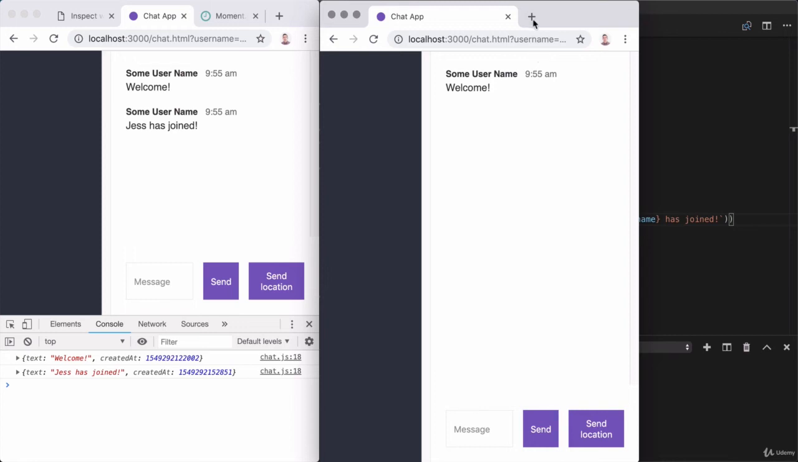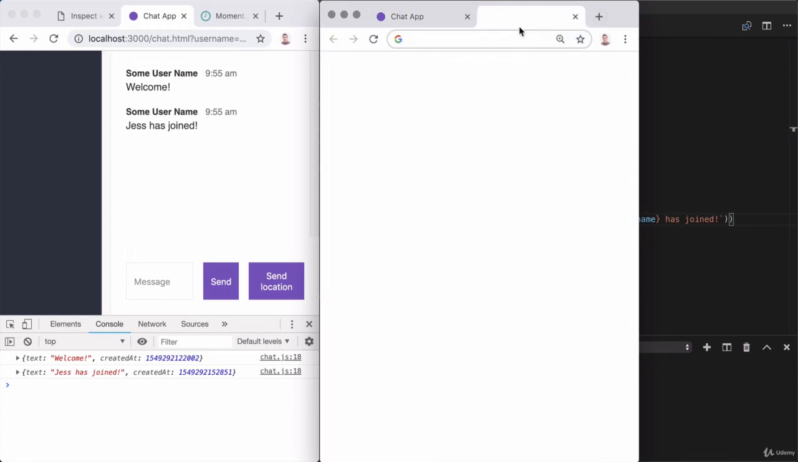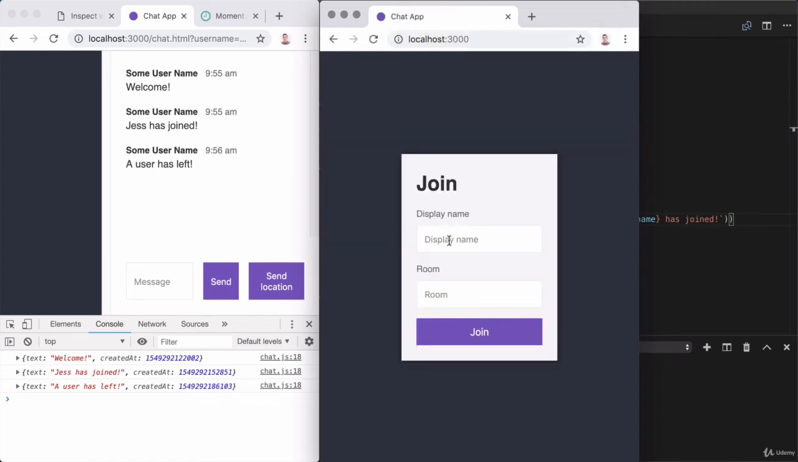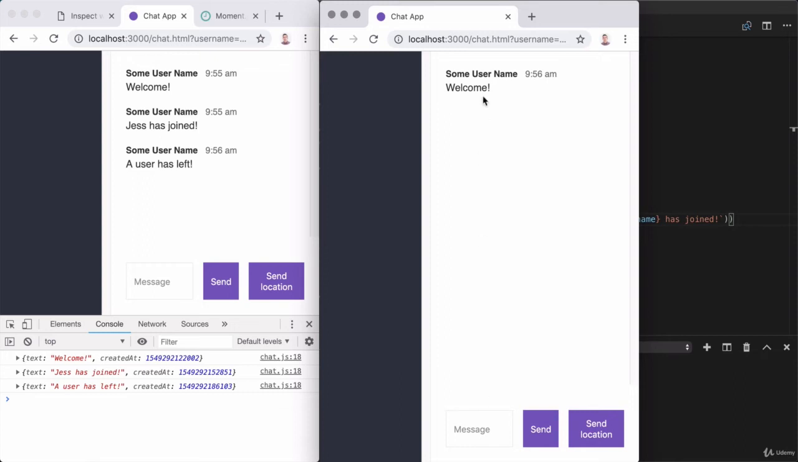So right here, what I'm going to do is open a new browser tab and close the old one. Right here, I'm going to open up localhost 3000 again. The name is still going to be Jess. The room will change though. I'll use a different neighborhood in Philadelphia, like Center City. And this time, when Jess joins that chat room, we don't see any message over here saying Jess has joined,